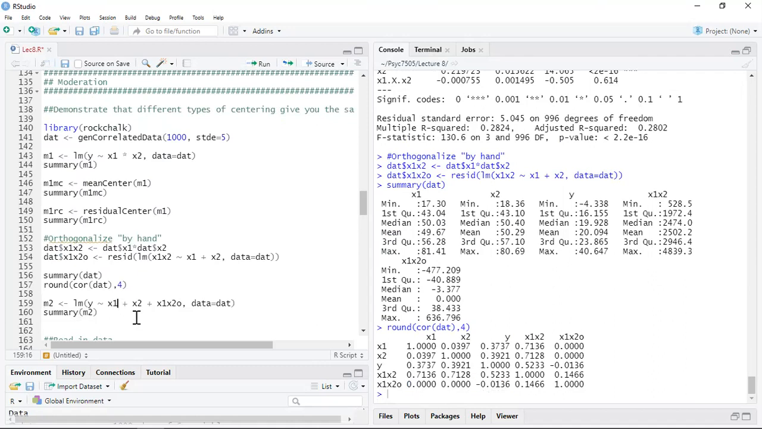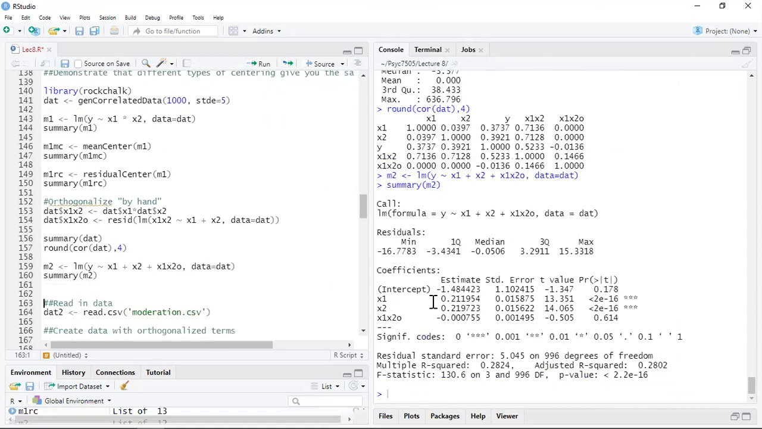If I fit a regression model with x1, x2, and that orthogonalized variable, I get exactly the same test statistic I saw before. So in regression, it really doesn't matter. Honestly, you should probably just use uncentered data. If we're going to do this in